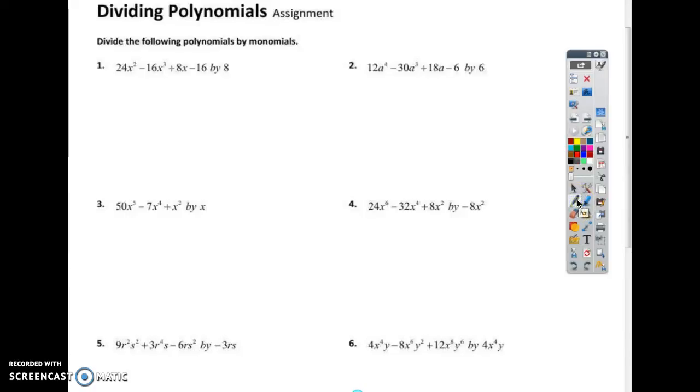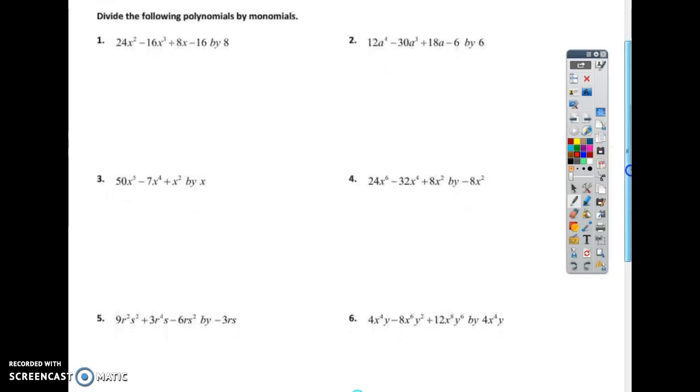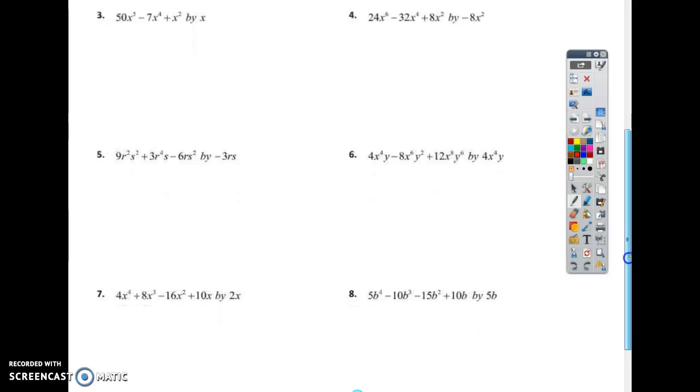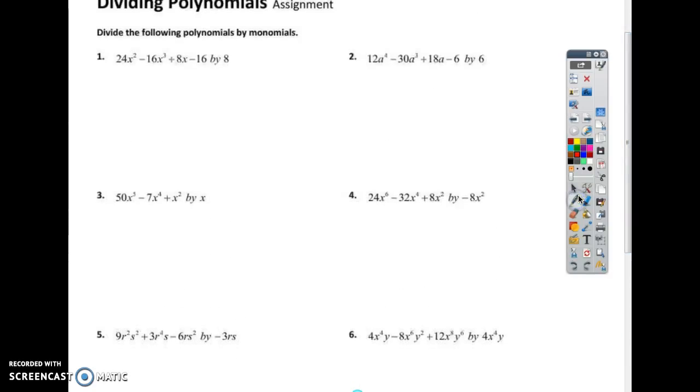Okay, so we're going to do the same thing we did yesterday, which was dividing polynomials. If you were not here yesterday, make sure you watch the video from yesterday. That's in the calendar. Okay, so all of the front page is dividing by a monomial. That means you are dividing by one thing only. Dividing by this, by this, by this. That's one thing, right? So we are going to divide just like we did yesterday, where we separate everything and